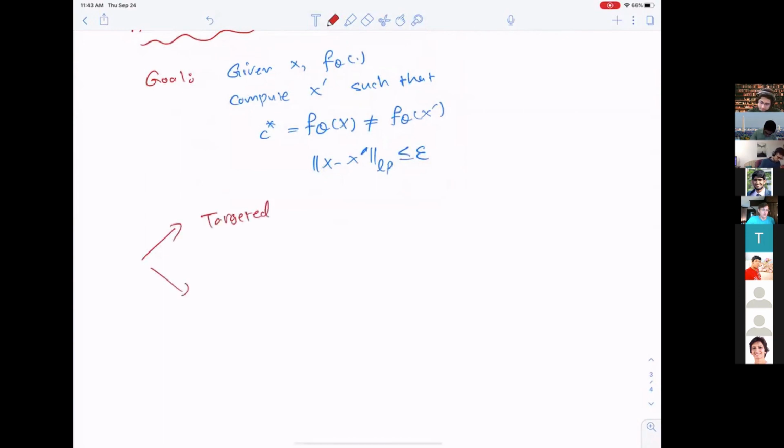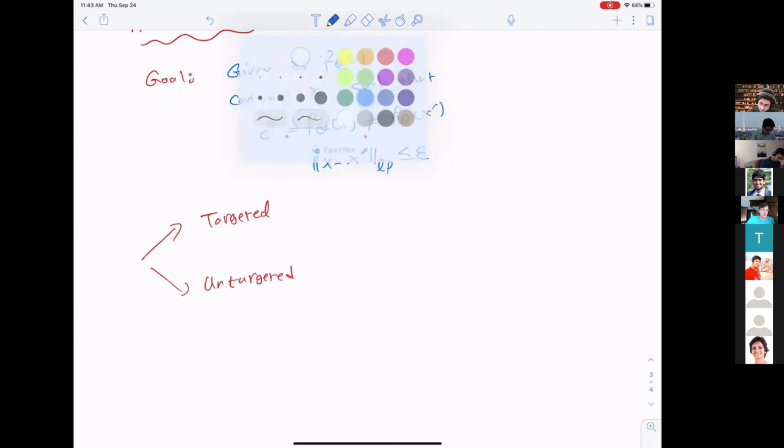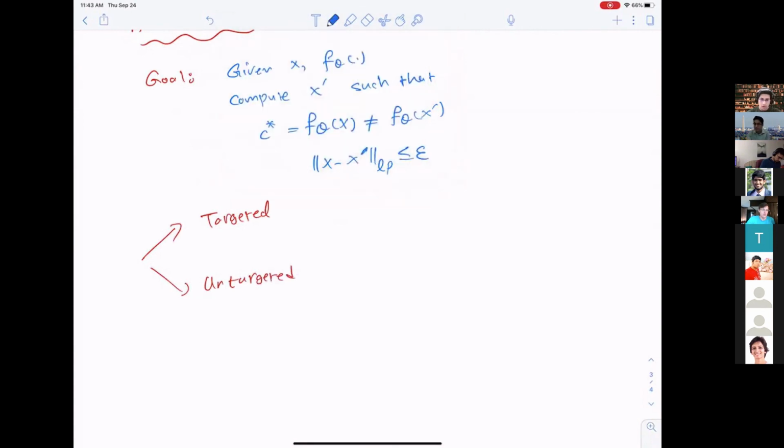Targeted or untargeted. So in the targeted attack, because the name is very explanatory itself, we are picking a particular target label, and I wanna create X prime such that my model predicts that particular label that we are targeting. So you are given a target label,